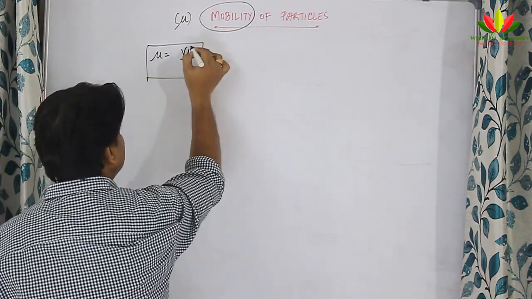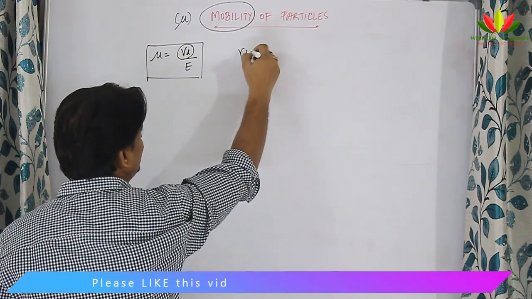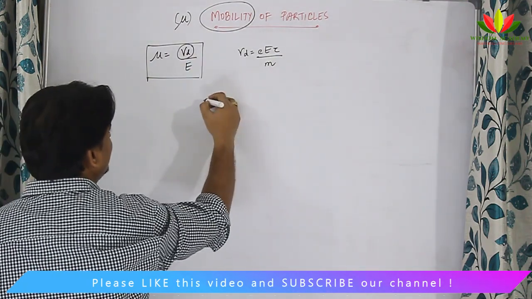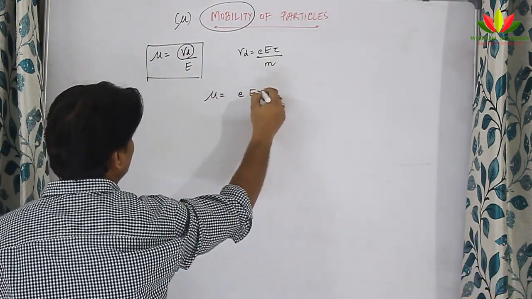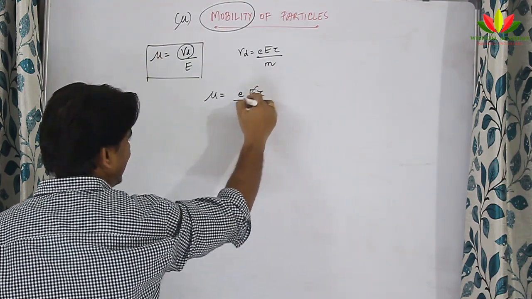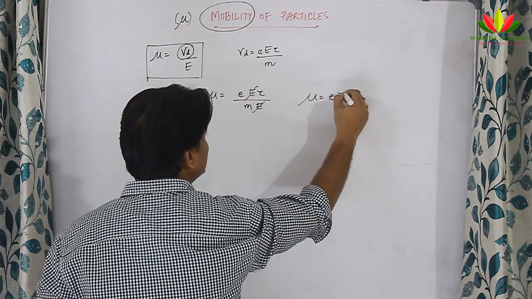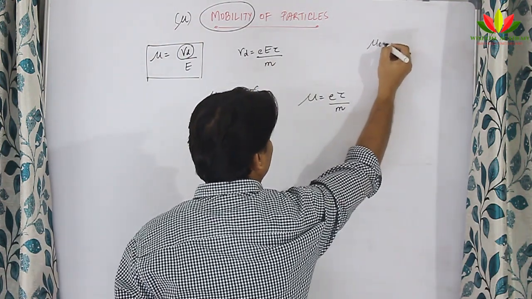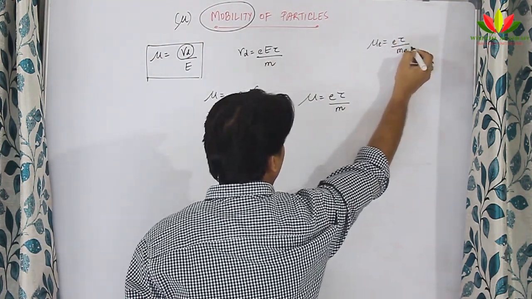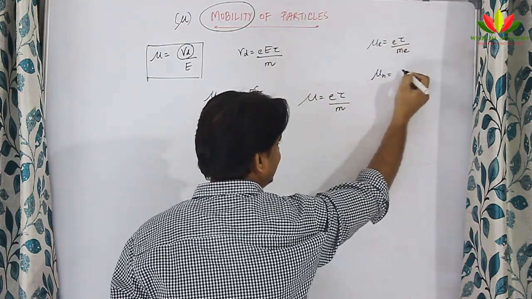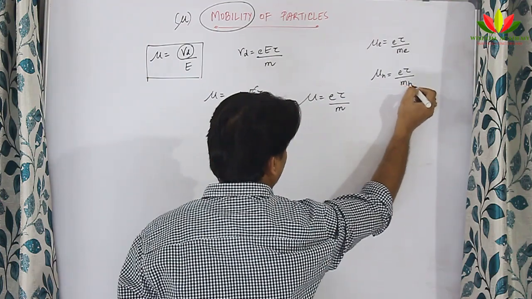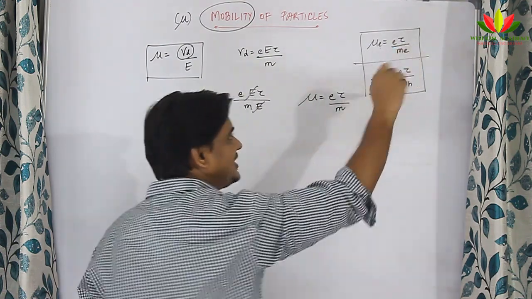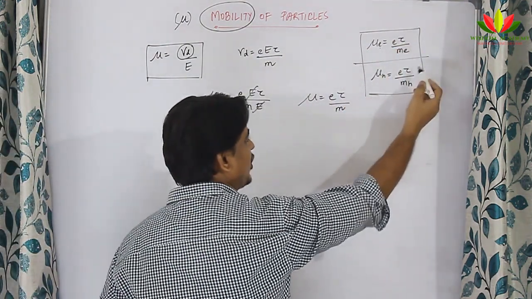So from here you can understand, we know the formula of drift velocity. Drift velocity is equal to E into tau by m, isn't it? So let me put the value of Vd here. So mu will be equal to E into tau by m, and already E was there in the denominator, E gets cancelled. So I get mu is equal to E tau by m. Now if it is mobility of electrons, then mobility of electrons is equal to E into tau by mass of electron. If it is mobility of holes, that is positive particles, then E into tau by mass of holes. This is the formula of mobility. In the case of electrons, it is E tau by mass of electron. If it is holes, it is E tau by mass of hole.